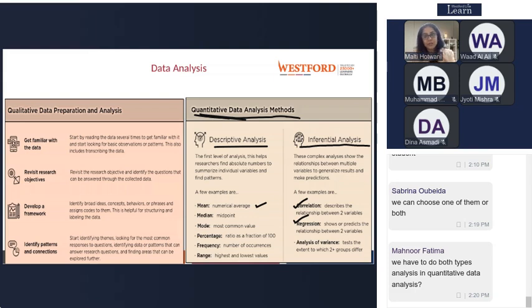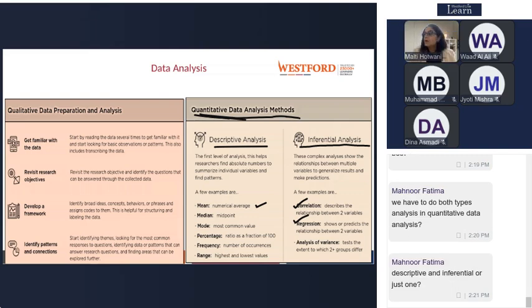What is the actual answer that the majority of them are giving you? What is a major repetition of words, which phrases are repeated in each and every interview, right? So that helps you to develop codes and come to the conclusion in qualitative data analysis.